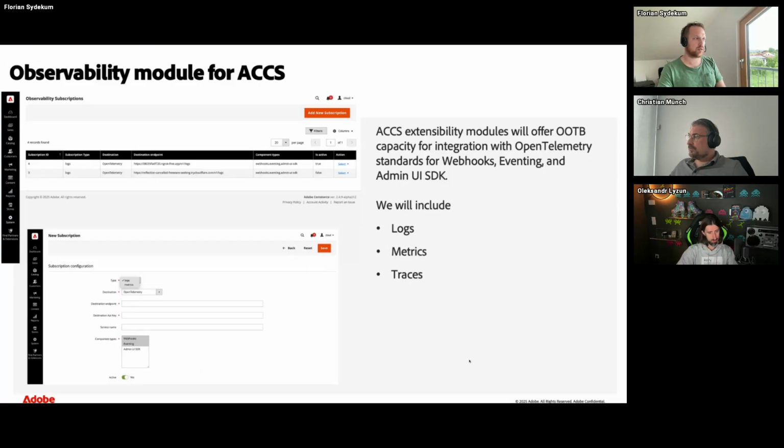And also, this is a screenshot from the commerce system in the cloud itself, where you can also register logs, metrics, and traces to be sent to your New Relic instance, for example, so you can actually see what is happening inside of your ACCS instance, right? Because here as well, we do not have any access. It's running in the cloud. We do not have SSH or console access to it, so we don't know what is happening if something goes wrong. So it sends to us any telemetry data which we register here.